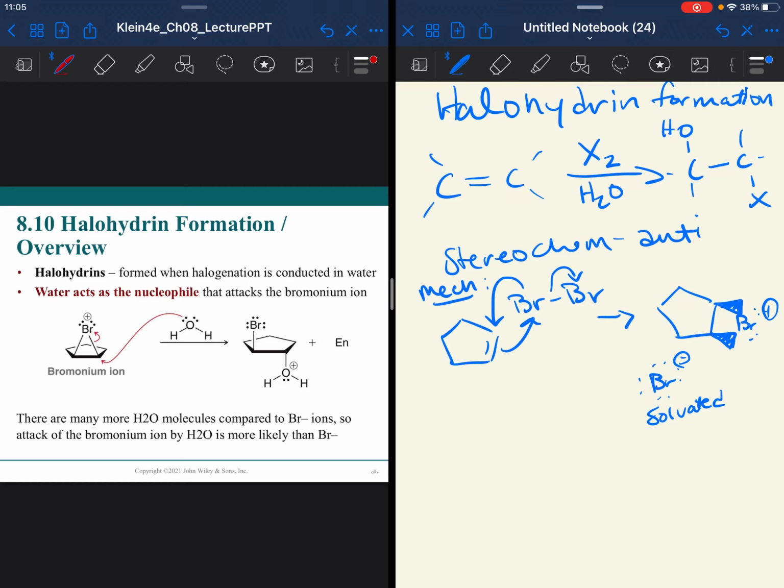Water molecules are going to surround it. And if water is the solvent, that means we have a lot more water than our reactants usually, right? You usually have more solvent molecules than solute. So water is also able to act as a nucleophile, and you have more of it around. So once you form that bromonium ion, just statistically, we're more likely to bump into water first, whereas the bromide